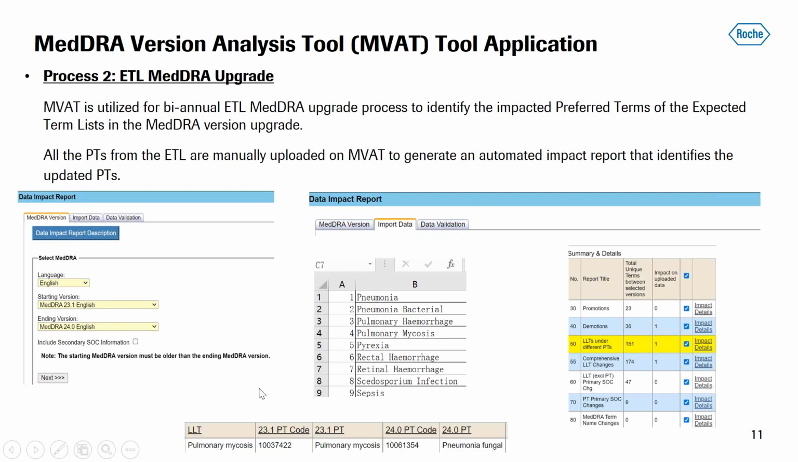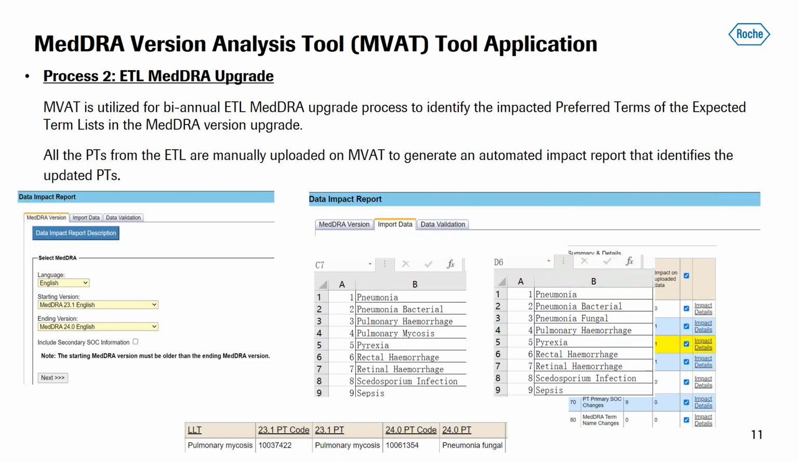Here we can see the report. It's like pulmonary mycosis has become an LLT, and the new corresponding PT is pneumonia fungal. So here we have to change the SADR table accordingly. So you can see we change this term to